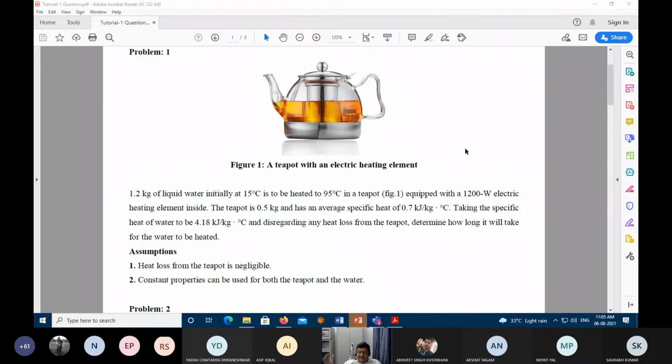Like last class, we cleared a lot of doubts related to different forms of energy and how heat comes, how different qualities of energy come, and then what is internal energy, and then what is enthalpy, and then what is free energy, and then what is entropy. It requires a lot of clarity in your understanding of the subject. Then only you may be able to contribute towards the frontiers of science and technology. So now, if you really want to understand the fundamentals of science and technology, one very important distinction you have to make is between energy and power.